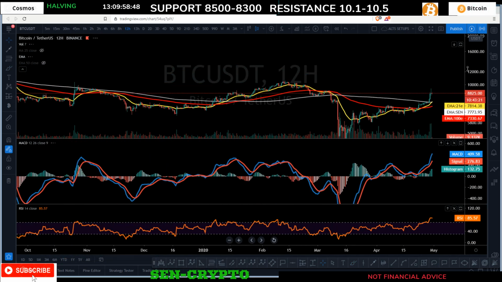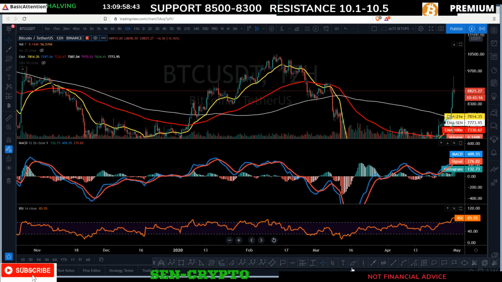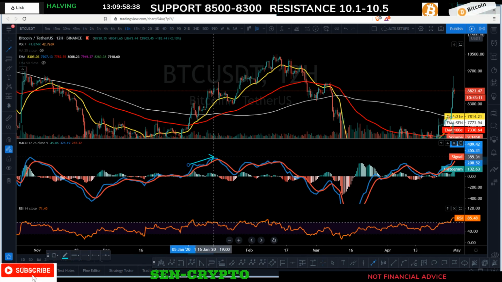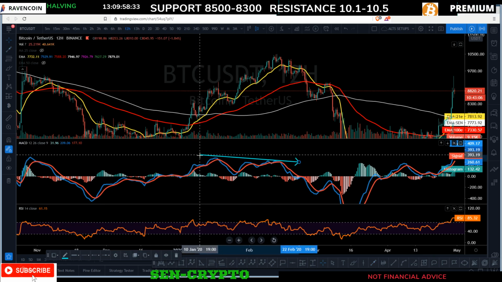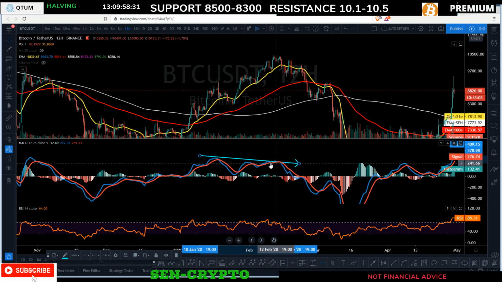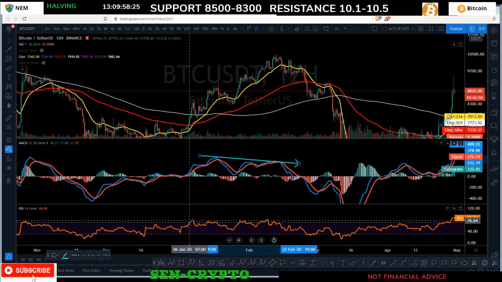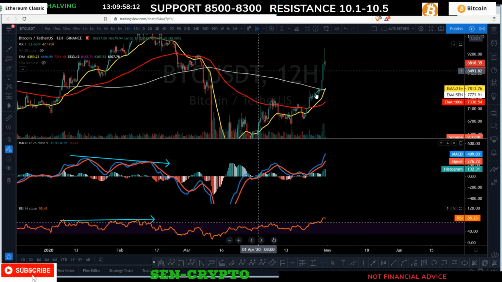Similarly, if you go back to about January, you can see the move we made in this area. You can see MACD double top, broke it, we made higher highs, MACD made a higher high. Afterward, we did not double top. We made a lower high, price was going up, creating bearishness. We want to do the same thing. We want price to diverge from the MACD and RSI on the 12-hour. That's what I'm looking for, a strong trend reversal, at least for the short term. But as of now, we don't have any.